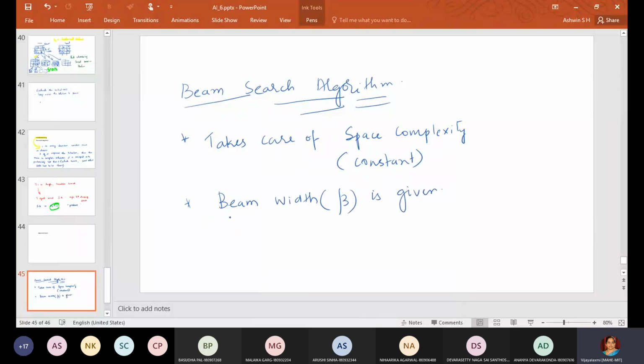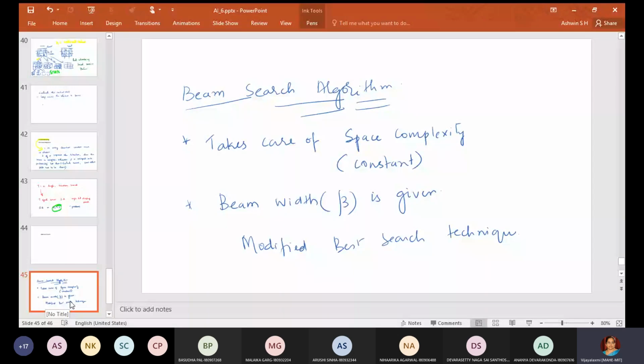I can also say that this beam search algorithm is more or less like the best search algorithm you have studied. So it is slightly a modified version of best search technique.